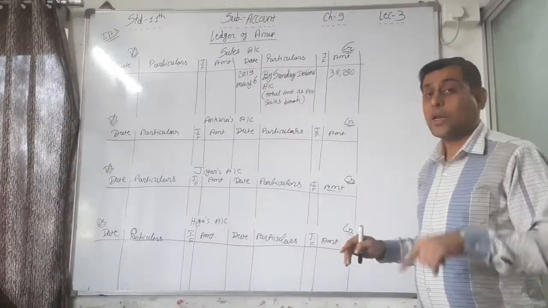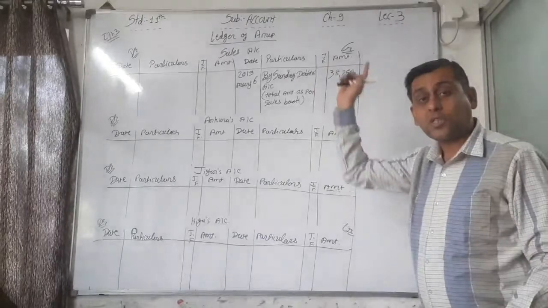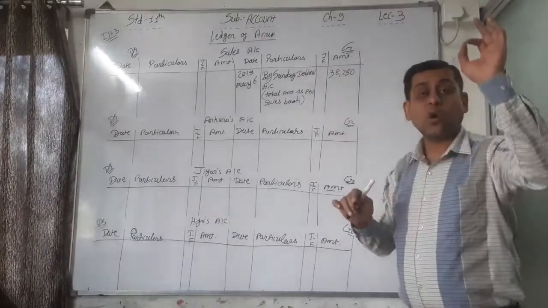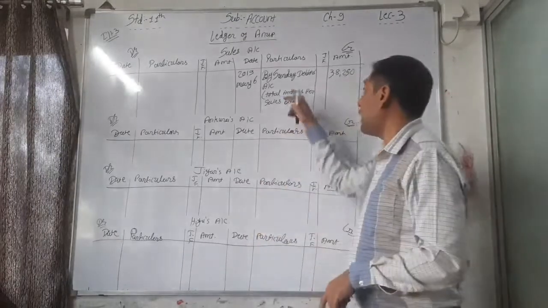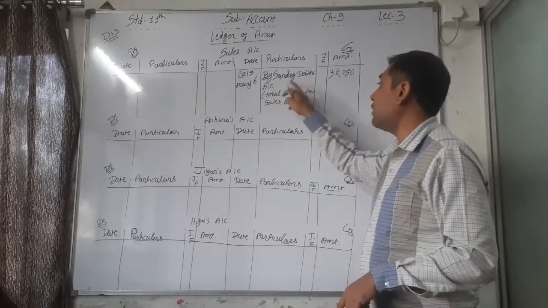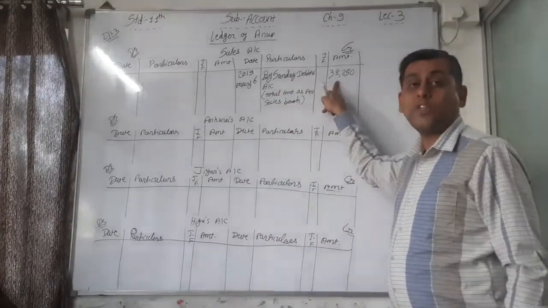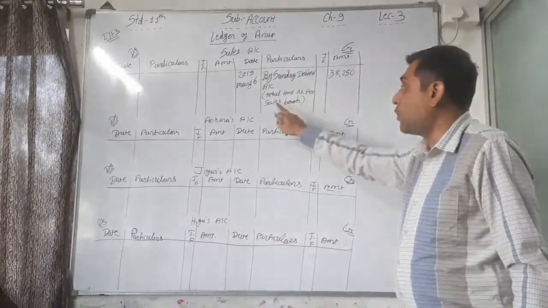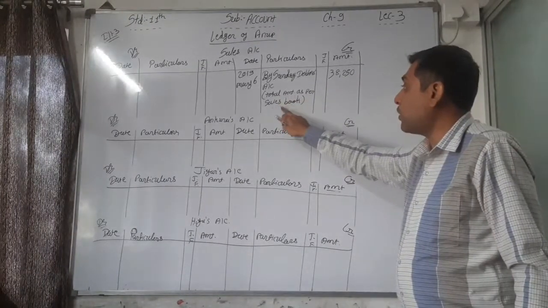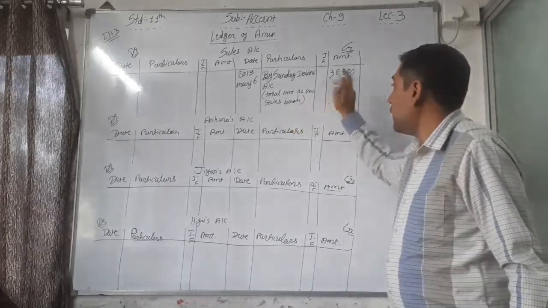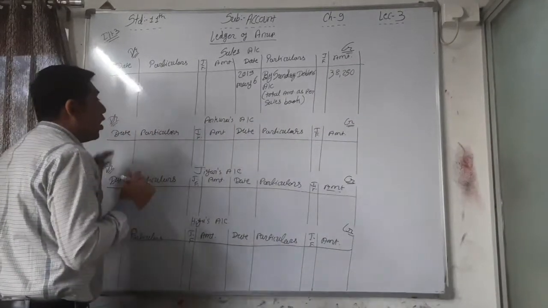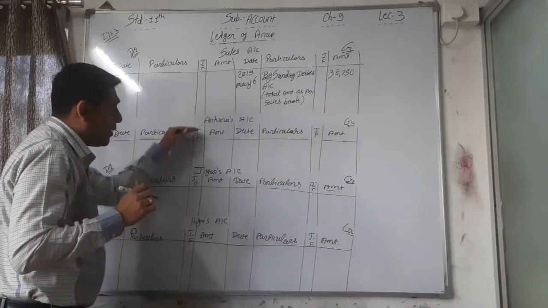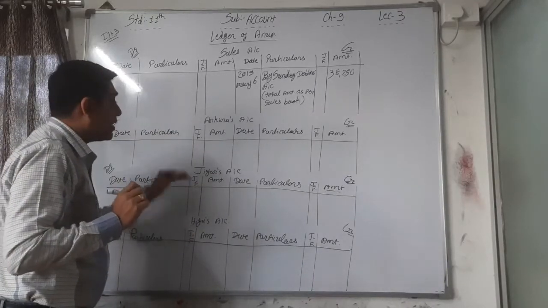But whenever we are recording from the sales book, that is from the subsidiary book, we don't have to record all the party names. Just we have to make a total of the sales book and write down by sundry debtors account and the total of the sales book. Here we have to write down in the bracket total amount as per the sales book. Okay, that is 38,250. Now the Ankura, that all are the debtors, that's why debited that account.